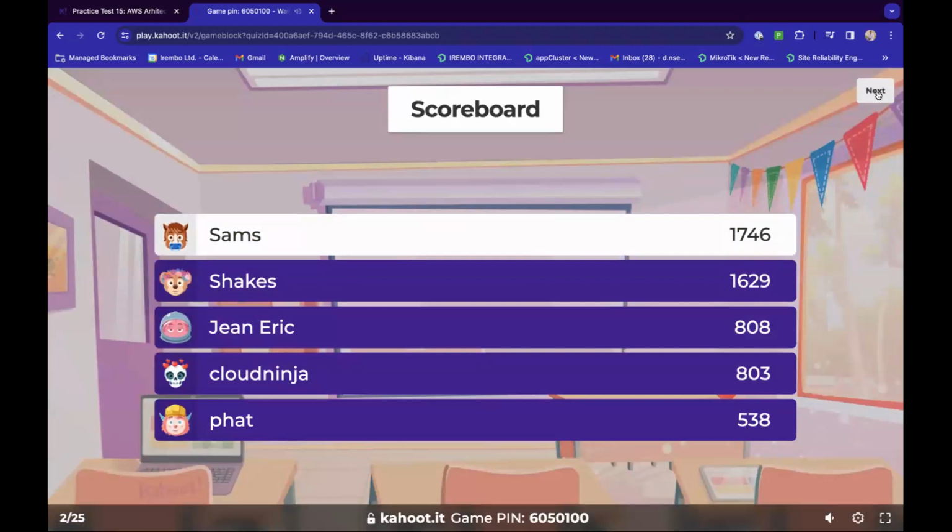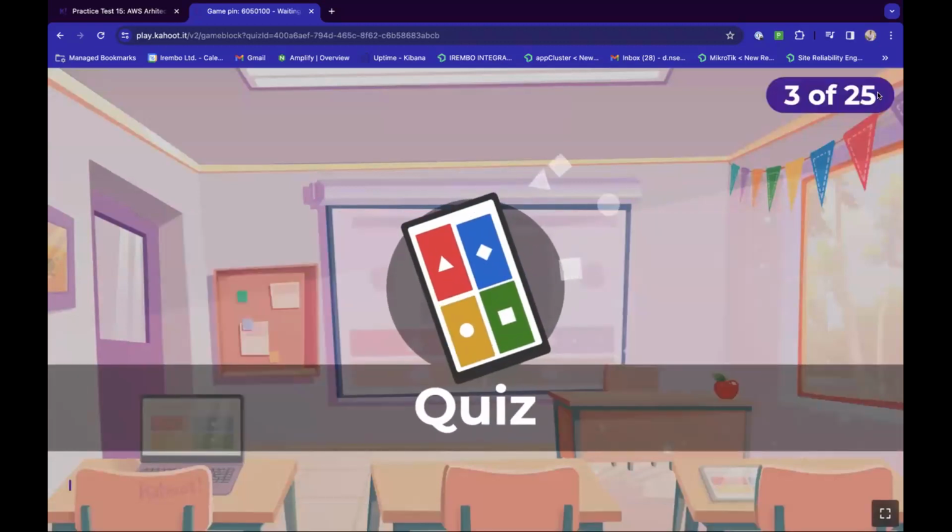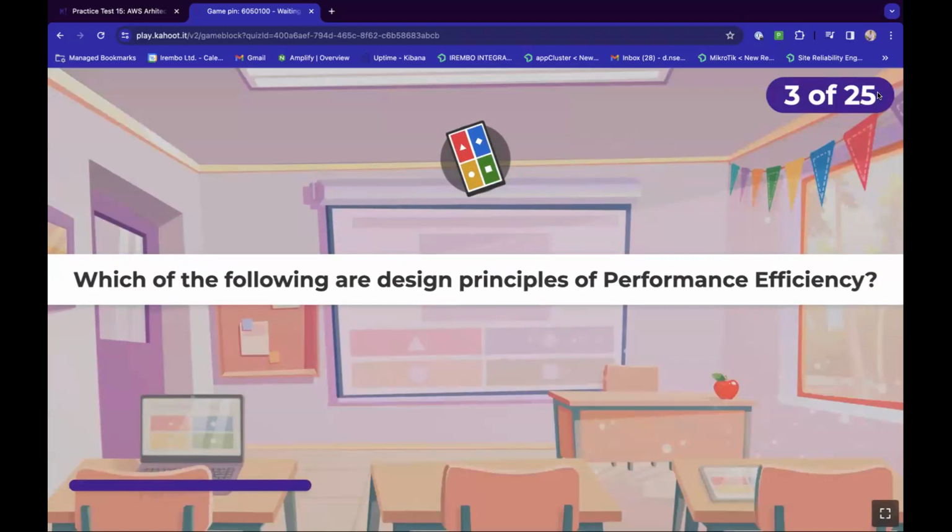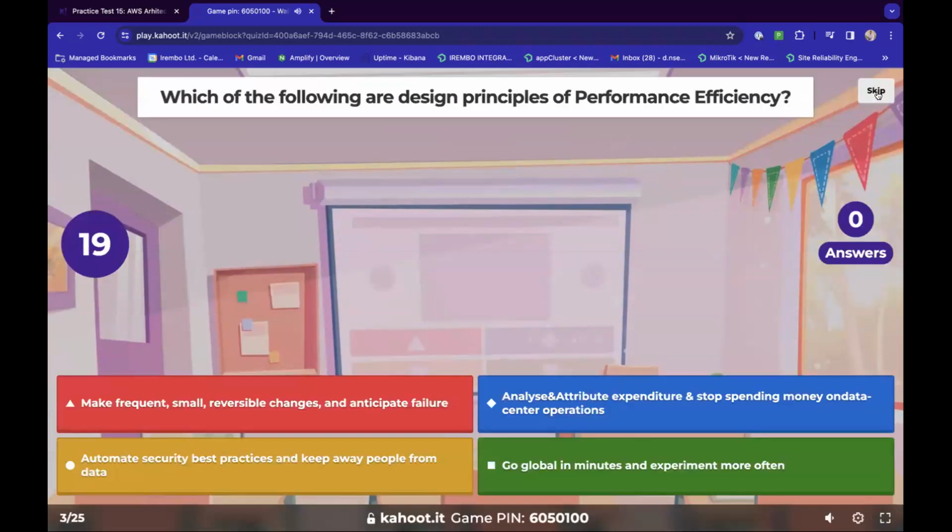Question number 3. Which of the following are design principles of performance efficiency?